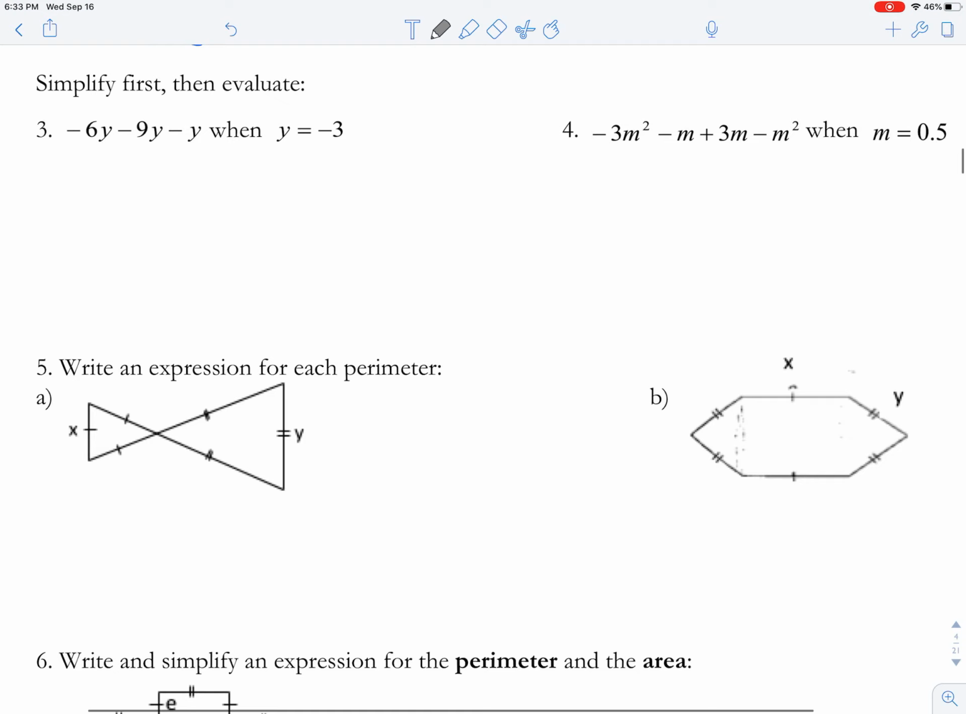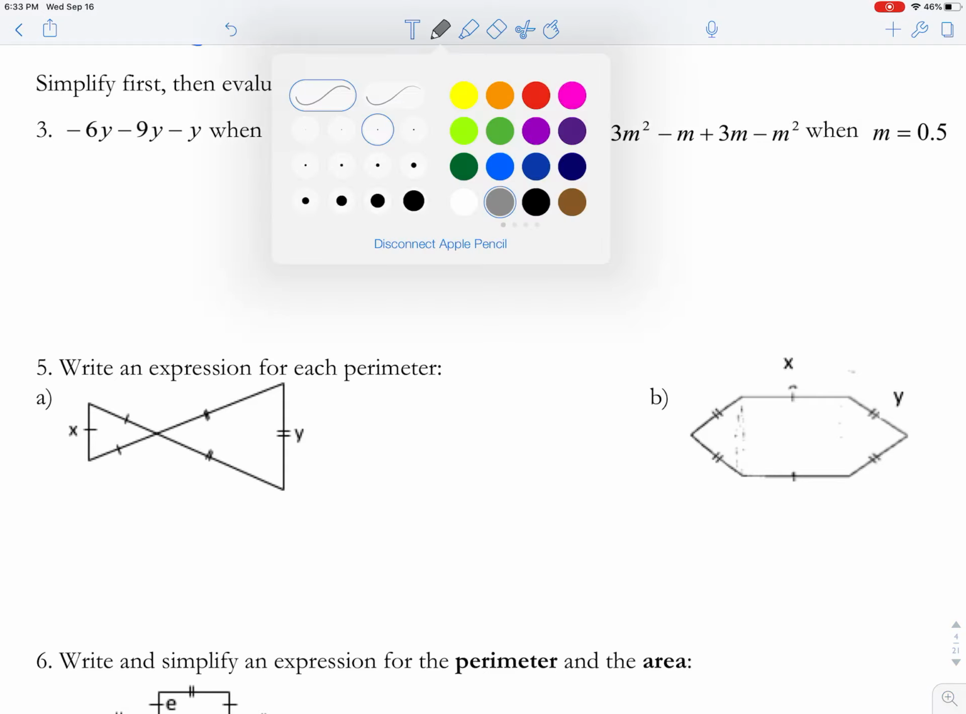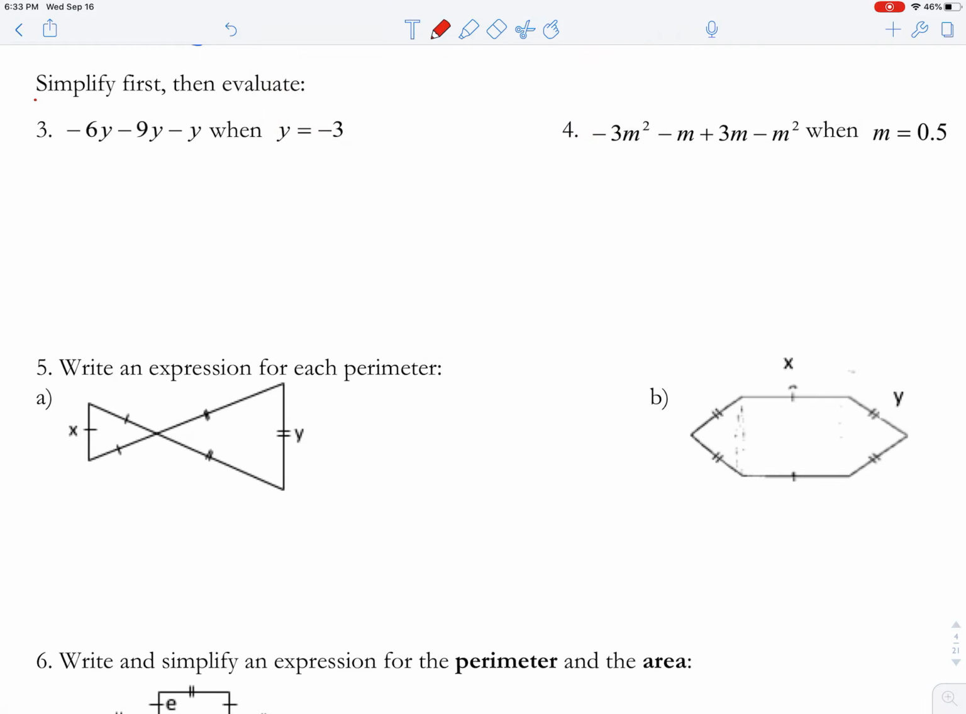Our next questions want us to simplify and then evaluate. So simplify and then evaluate means first we're going to collect like terms, simplify first. So collect like terms, then evaluate. They're saying do all this and then figure it out when y equals minus 3. So in this case, evaluate is going to mean